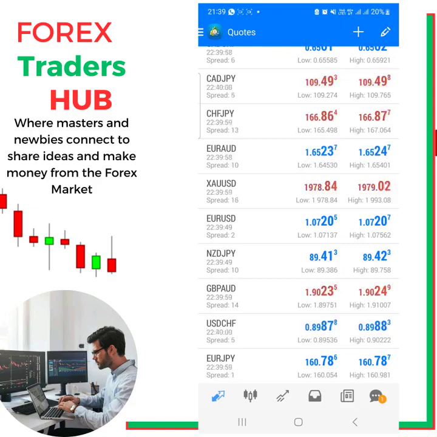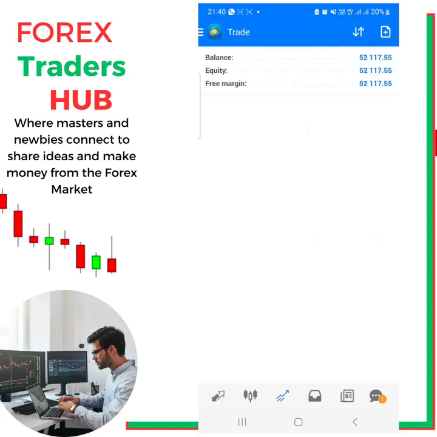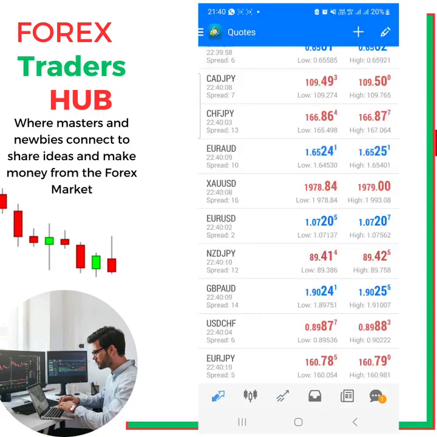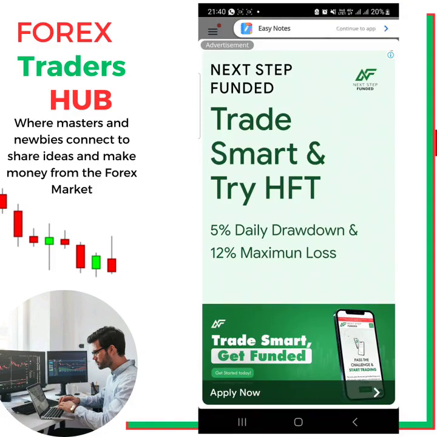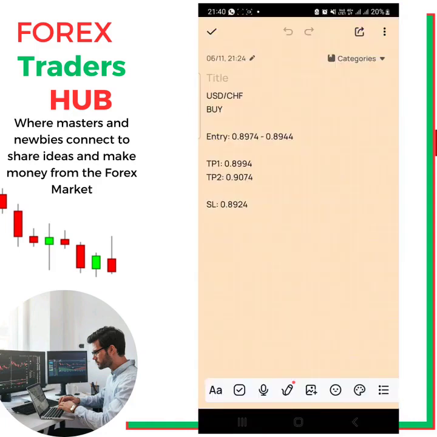So having done this, what's the next thing that we can actually do right now? It's to place a trade. So how do you place a trade? Let's say you've done your analysis or you've seen a signal. Let me just go to my notepad. Let's imagine there's a signal I want to trade, or maybe I've done my analysis and I want to place a trade,